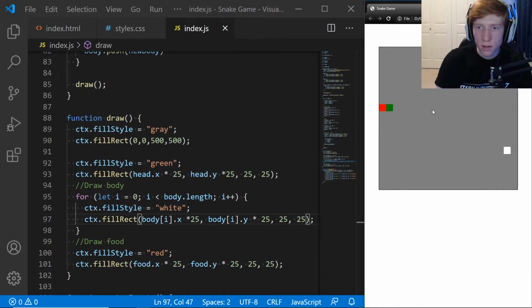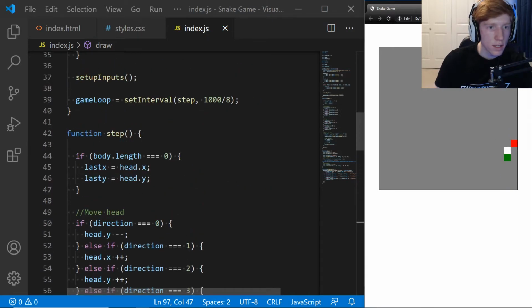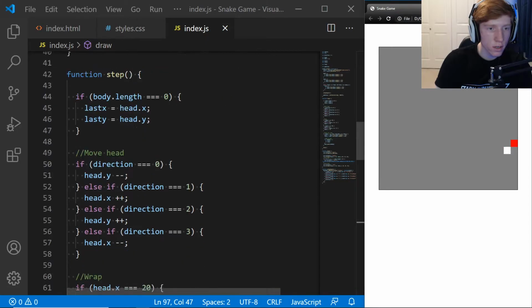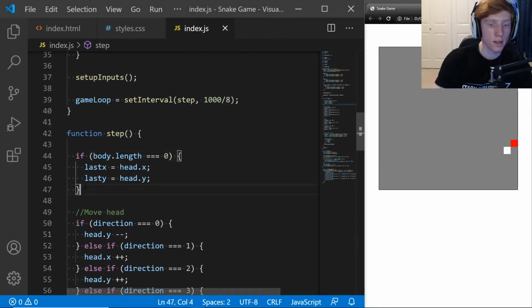There we go. That looks pretty good, although now it's not spawning behind us because the length of the body is greater than 0. So we said if it's equal to 0, and then we didn't add anything to that else. Okay, so now let's say else over here. Where was that? Here. Else